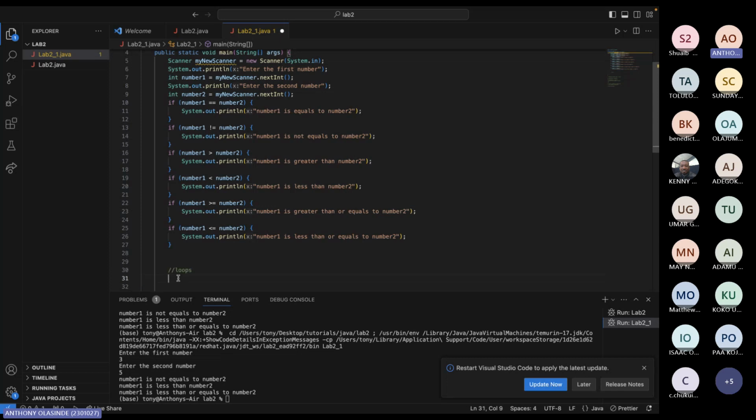Loops. You say there are a bunch of loops. I will just go into it in the meantime. I'm just giving you the general idea of loops. So let's say you have